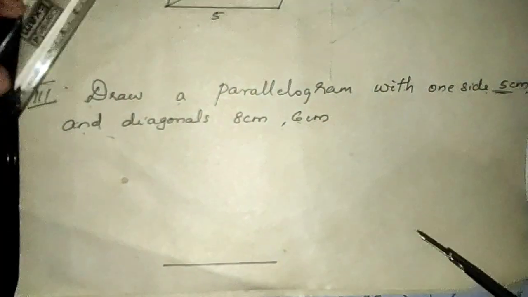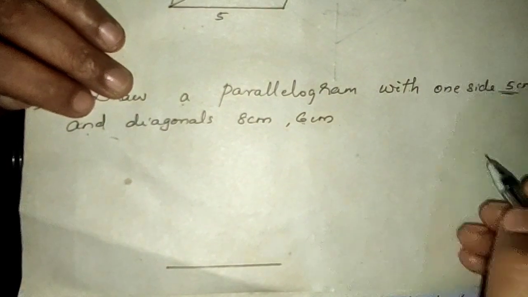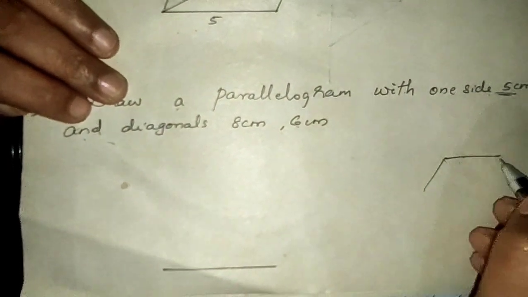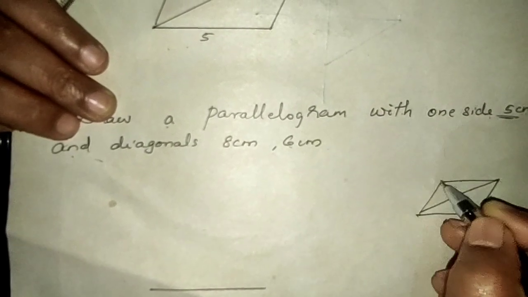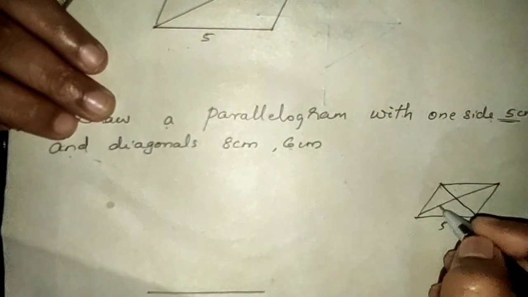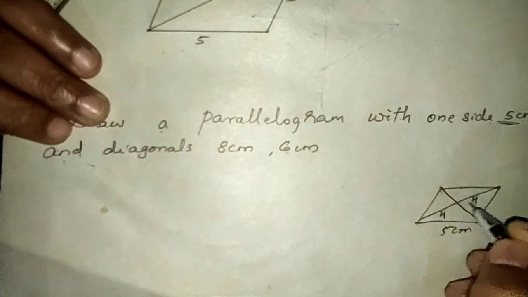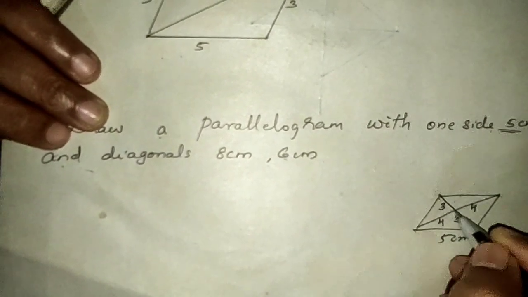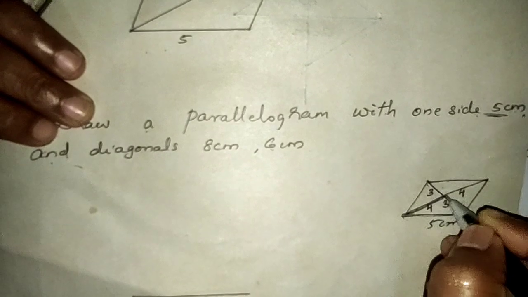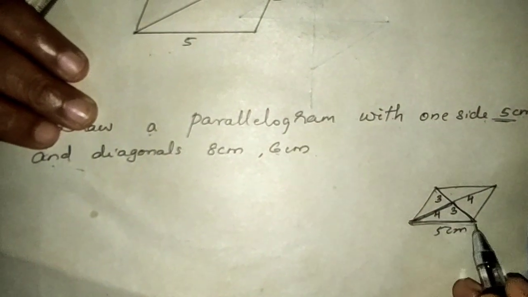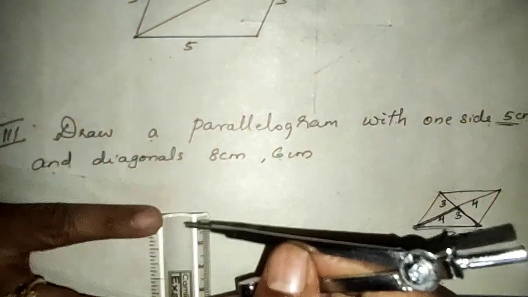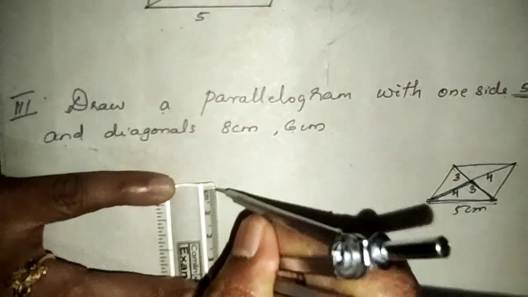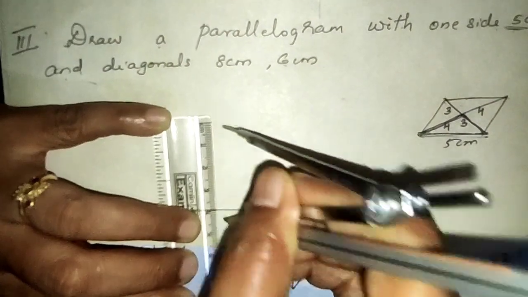Okay, then on your compass we need, yes, what about the diagonals? Yes, this is the figure. Okay, 5 centimeter. This one is 4, this one is 8 and this one is 6. That means this equal to 4, this equal to 4, this one is 3, this one is 3. So first we are going to construct this triangle. Okay, so base 5 centimeter, two sides of 4 and 3. So on your compass take 4 and 3. Okay, so first I am going to take 4 centimeter.